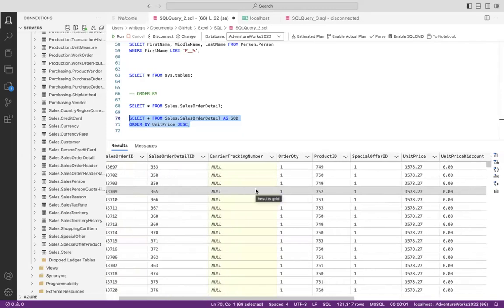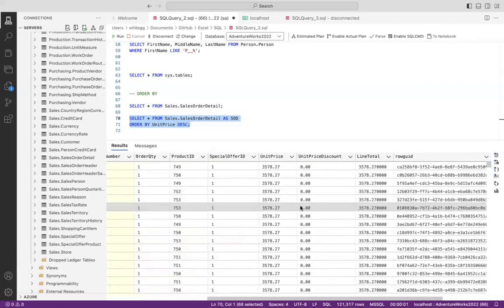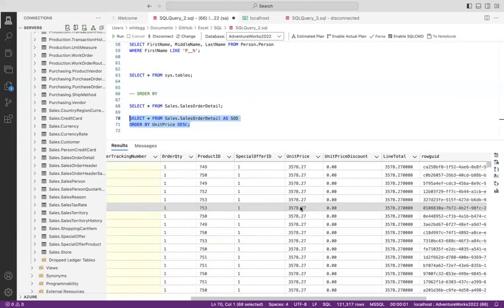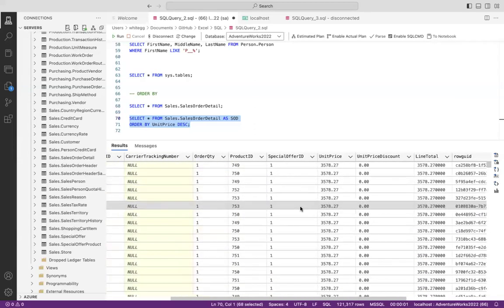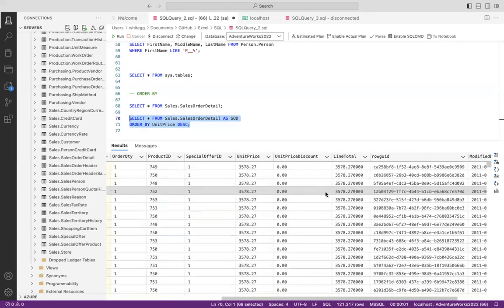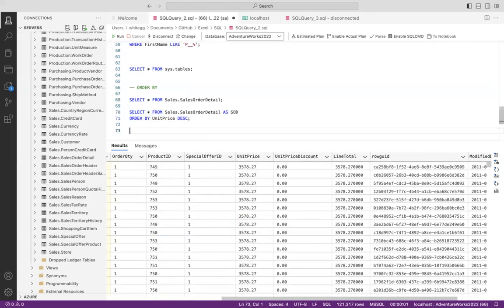But let me see if we can use something else. I don't want to use unit price and line total, because it's basically the same thing. So I'm going to look for another column where I can do that. It's going to say select everything from my, let me see, sales